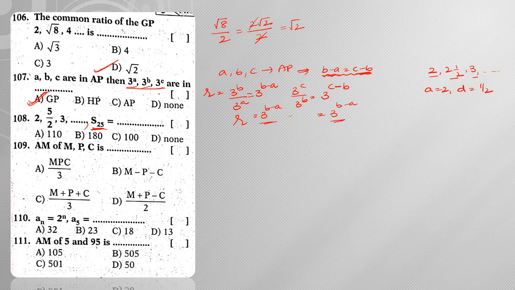He is asking to find the sum of 25 terms. So S25 can be written as 25 by 2 into (2A plus (n minus 1) into D). So 2 into 2 plus (25 minus 1) is 24, into D value which is 1 by 2. In the 2 table, 24 goes 12 times. So 2 2s are 4, 4 plus 12 is 16. So 25 by 2 into 16. Again in the 2 table, 16 goes 8 times. So 25 8s. We already know 25 4s are 100, so 25 8s are 200. Hence the answer is 200.